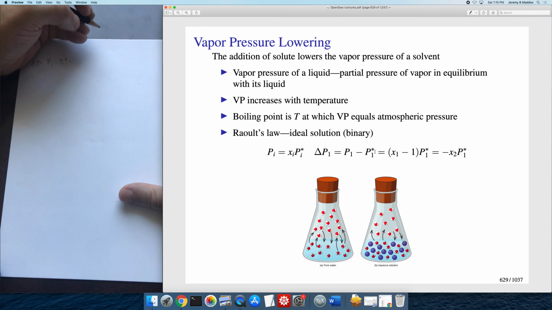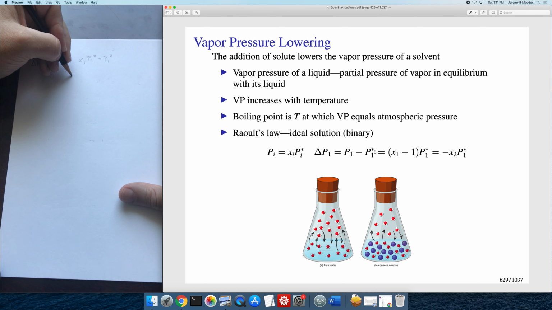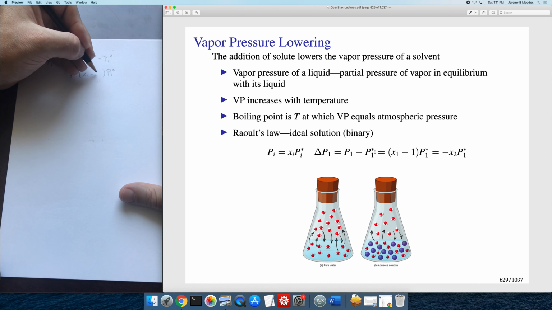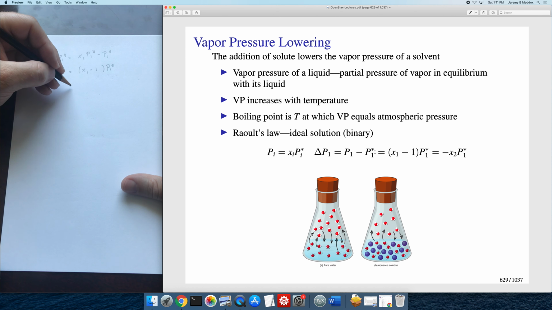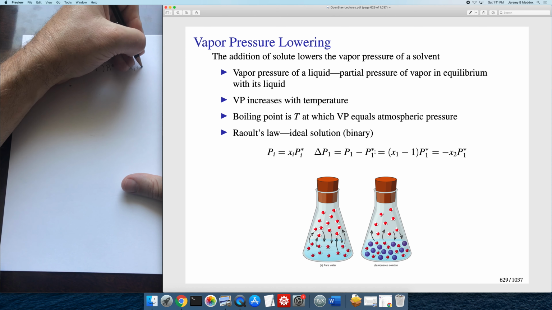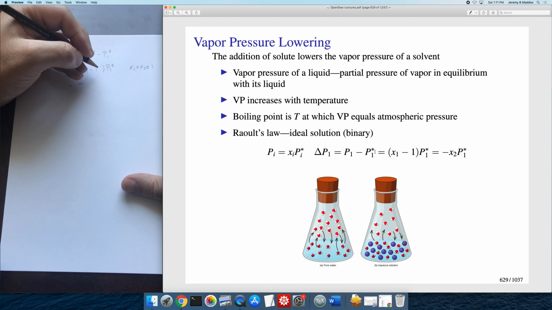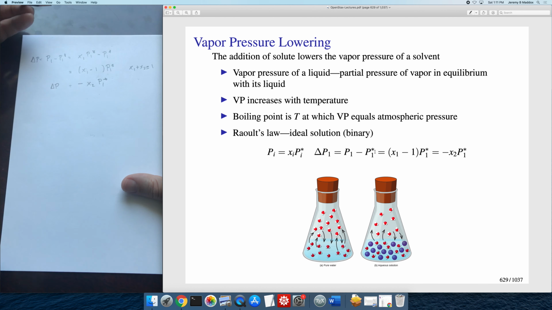You can substitute in Raoult's law right here, x1 P1 star minus P1 star. You can simplify that. You factor out the P1 star, and it gives you x1 minus 1. Well, due to the fact that x1 plus x2 must add up to 1 for a binary mixture, you can write this as minus x2 P1 star. And so what it tells us is that the amount by which the vapor pressure changes, first, it's always